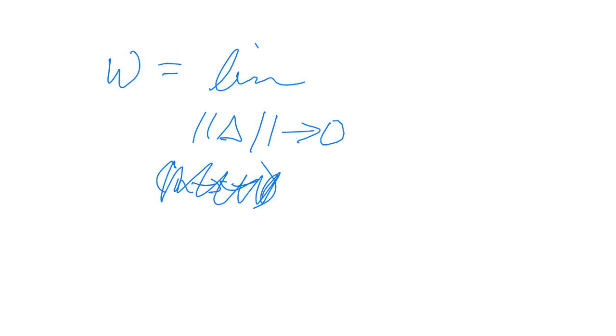So I'm going to take the norm of the partition, the size of the largest subinterval. Remember, norm is the largest subinterval. The norm of the partition goes to 0 of the sum of f of,